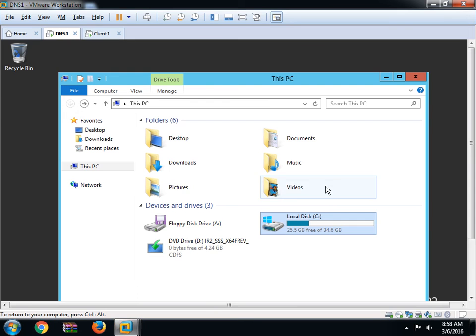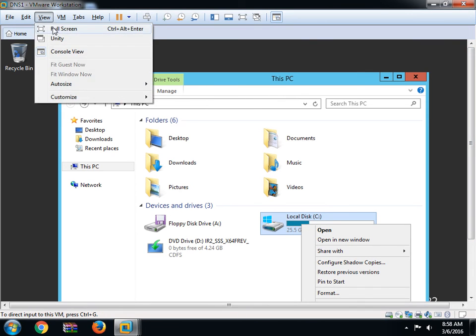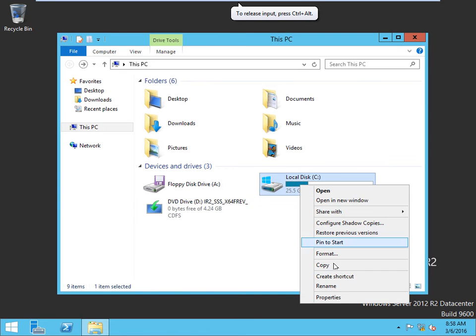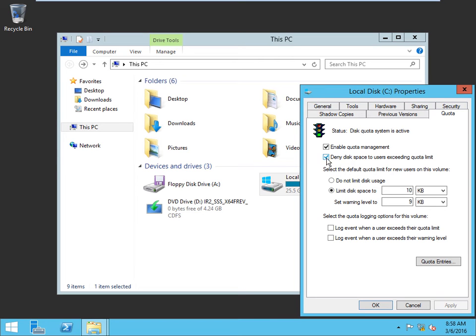Okay guys, so check here. This is my server computer. Here we have implemented quota, and it should be denied. We have to click on the deny option.